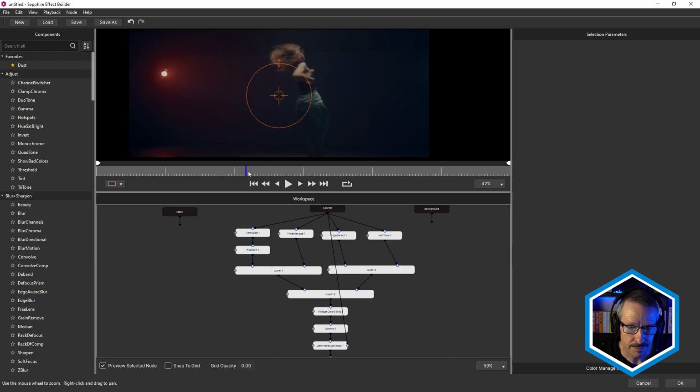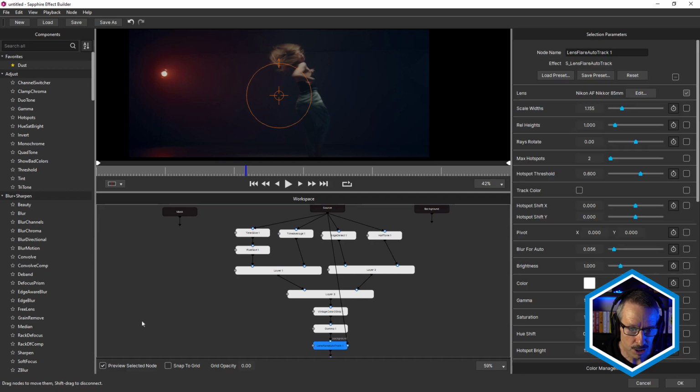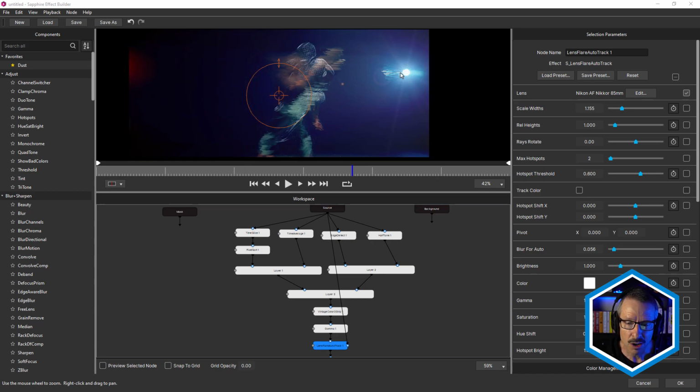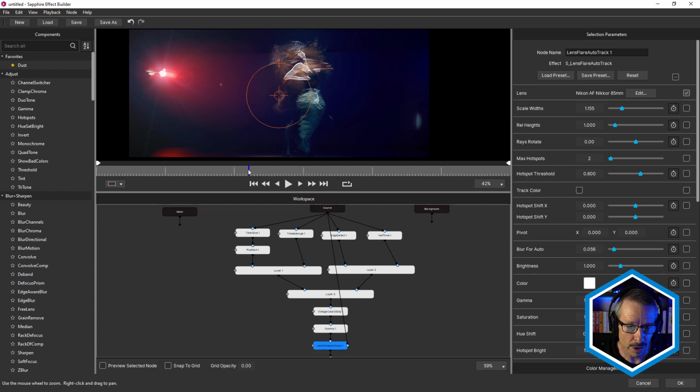And watch what happens. Click on that one because we've got previous selected node turned on. Okay, so now that's working. So it's only seeing the original source. It's not seeing all of the effects that we've applied. If we hadn't done that, then we would have been, as you saw, using the entire shot with all the effects applied as the track, and that's why it was affecting those white areas created by edge detect and halftone. So that works really well. So now we've got 1 flare on this blue light and we've got 1 flare on the red light.